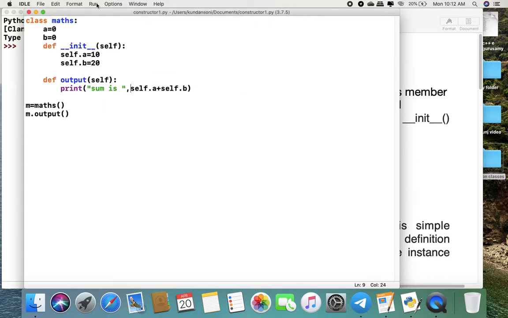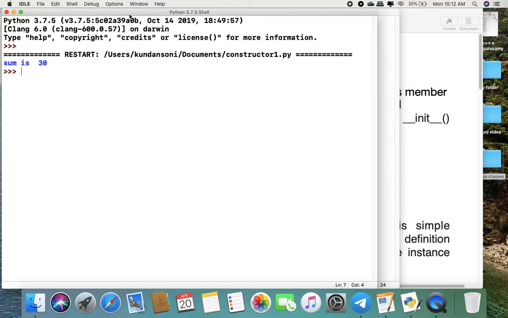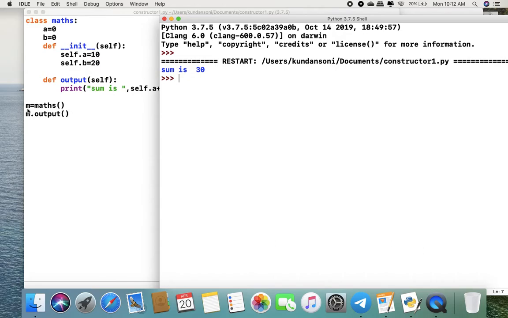Now I run the program. The output is 30. Whenever we write m equal to Maths, the object is created, then the init method is automatically called and the values of a and b are initialized. Then we print the output, self.a plus self.b, and the output is 30.